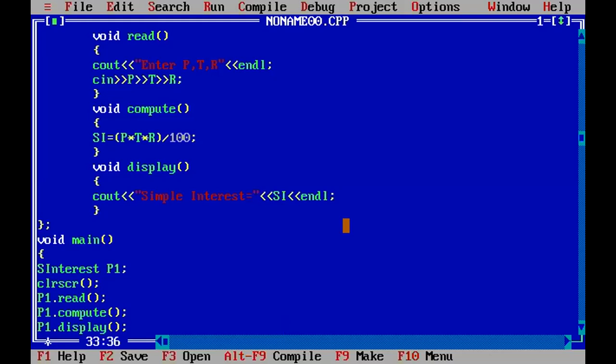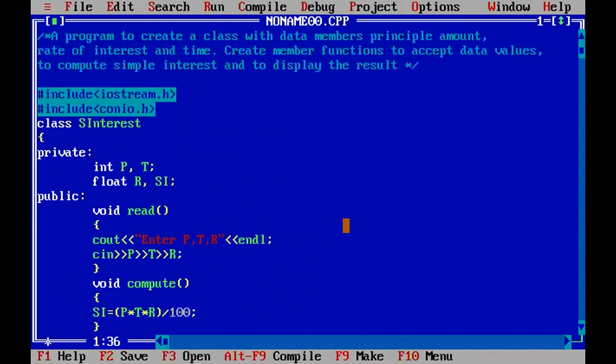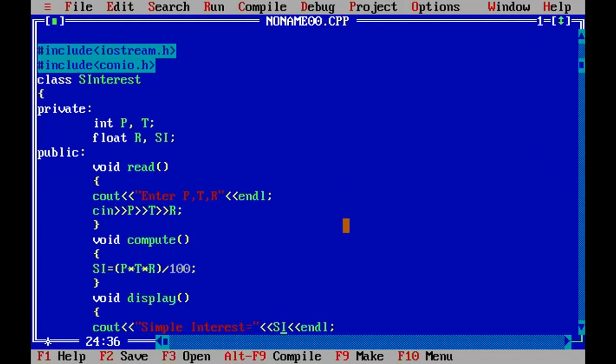And from the examination point of view, if a question is asked, what is a class definition? Explain with a suitable example. You can write the same program. So if you know your simple interest program, which is important for your lab examination, the same program can also be written for your theory exam. Or the same program can be written if a question is asked like this: what is an object? How do you declare an object? Explain with a programming example. So this program will serve your purpose.